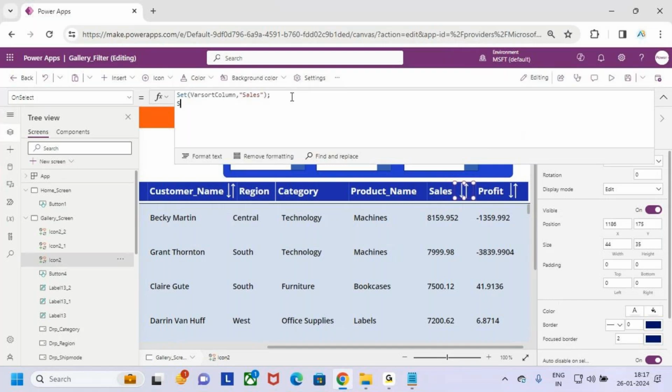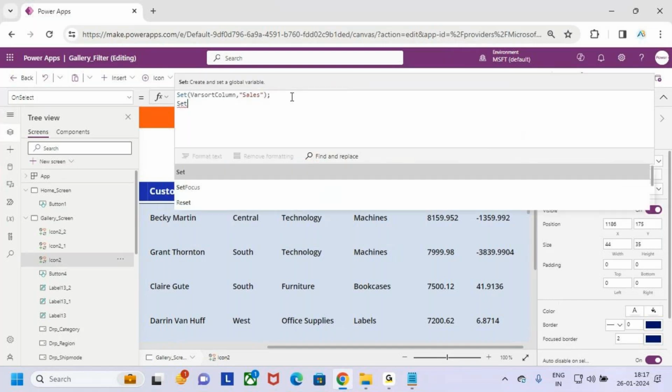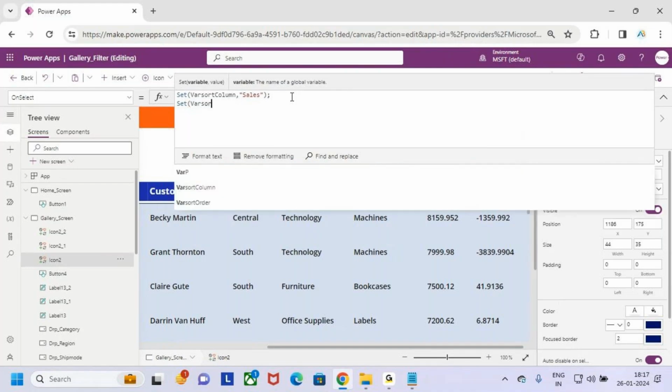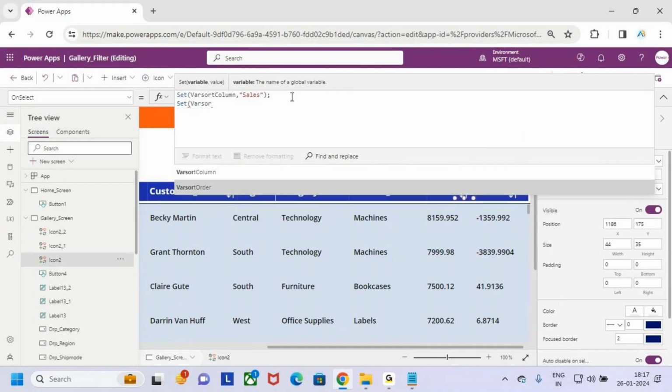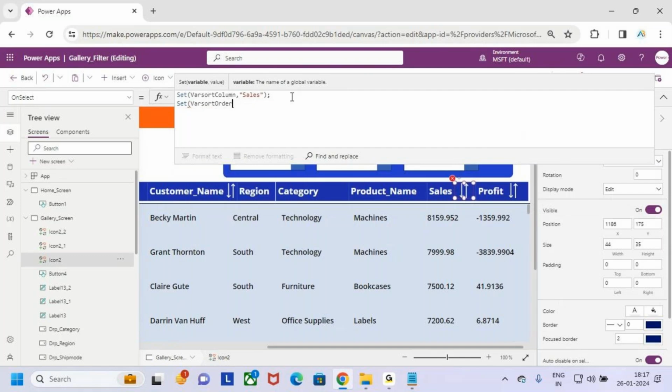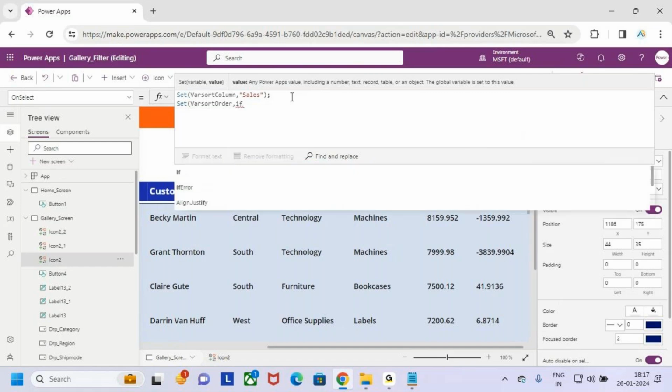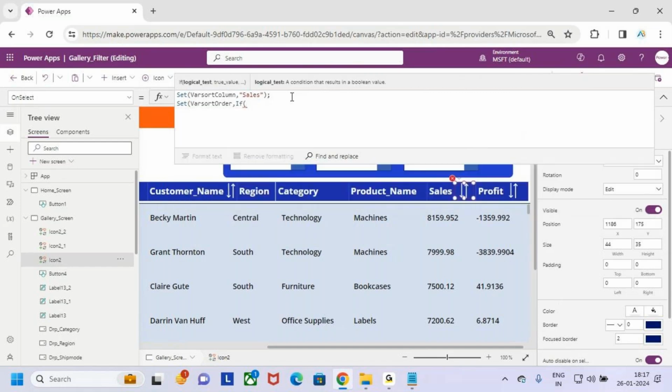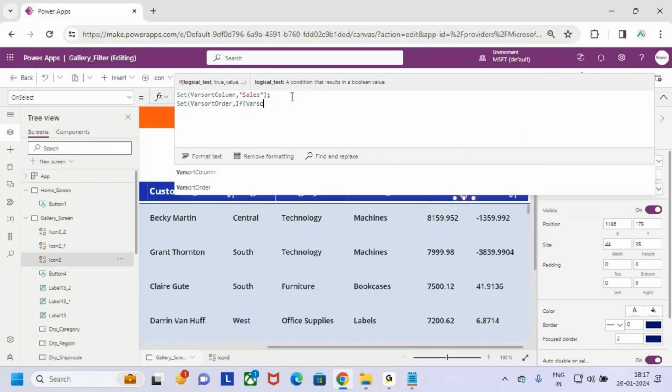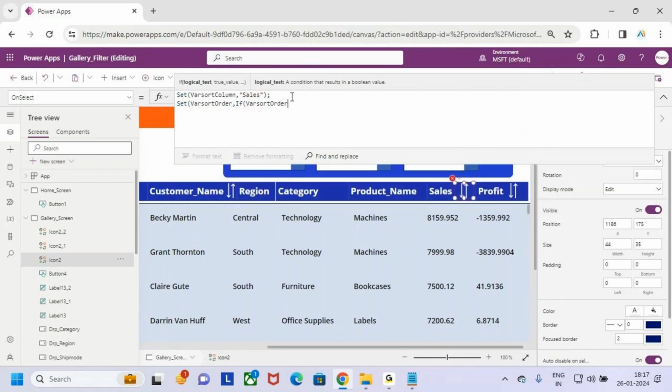next, set where short order. There is one more variable, right? Order type. Now I am going to pass the order here. Now where short order, and what is the value I'm going to assign to this? I'm going to use one if condition, guys. If where short order is